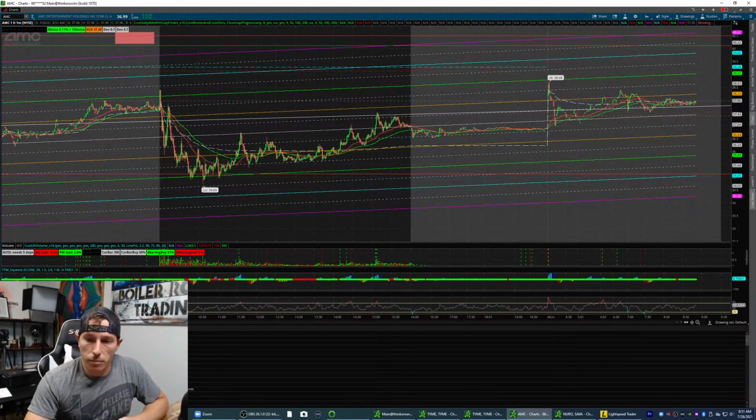Sam, regarding your question on volume, volume generally picks up at key levels, so it's up to you to determine whether or not it's a true breakout or not. But the reason that volume comes in around those levels is because they're generally very key levels that a lot of algorithms and computers and institutions trade around. So that's generally why a lot of big volume comes in there, because once one of those levels is broken,